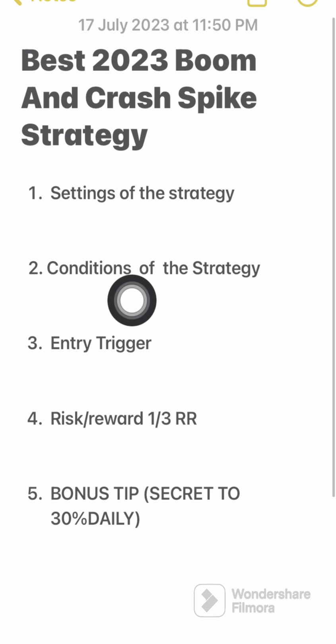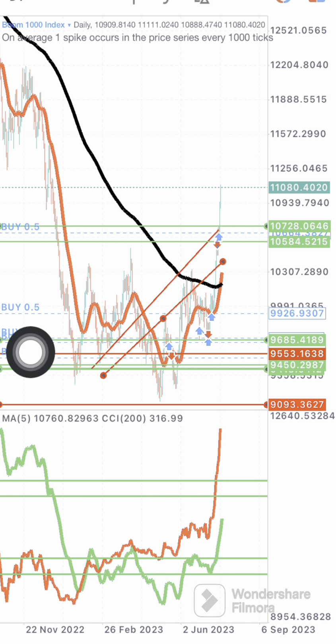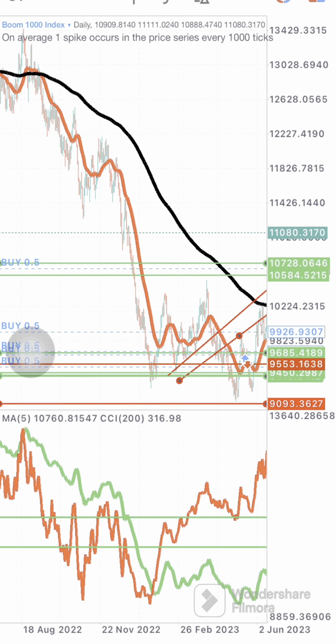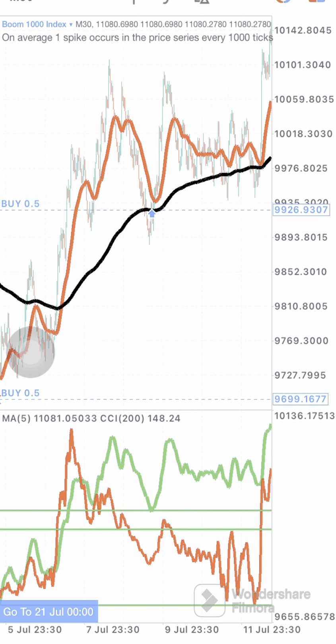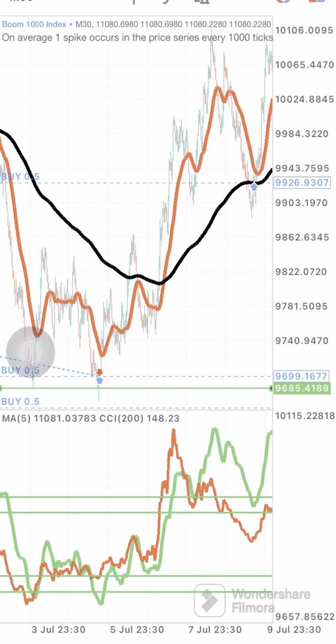What is entry trigger? Entry trigger of this strategy is simply what will be the final thought you will take to execute your trades. Let me give you an instance here. But this is daily chart. Let me go to 30-minute chart. Exactly, you can see. So this is what I want you to understand. Look at what exactly is happening here. Both the moving average,